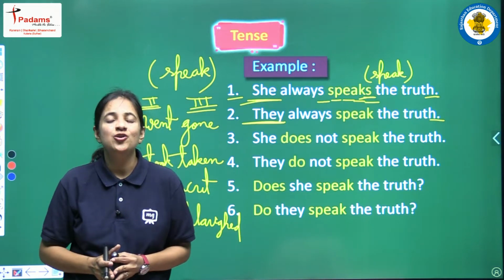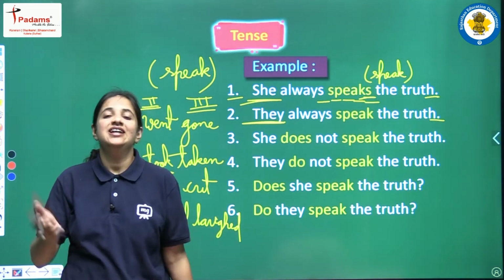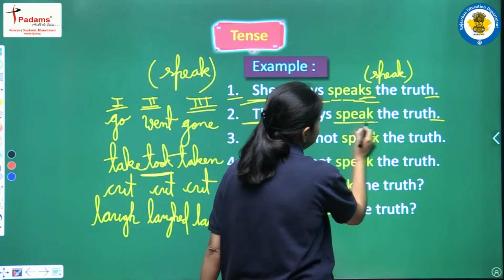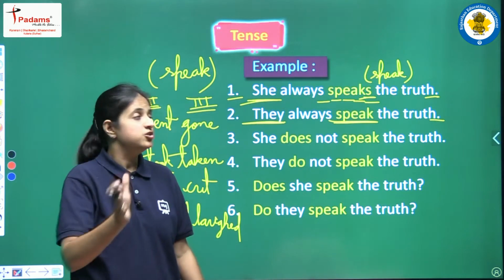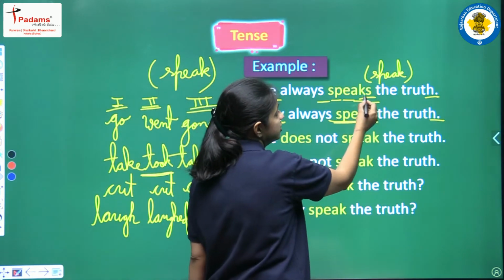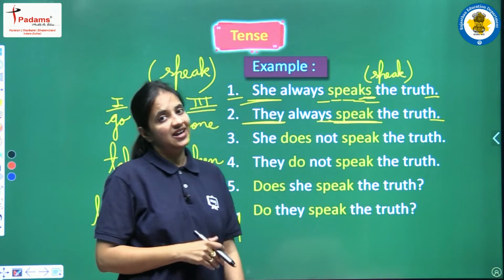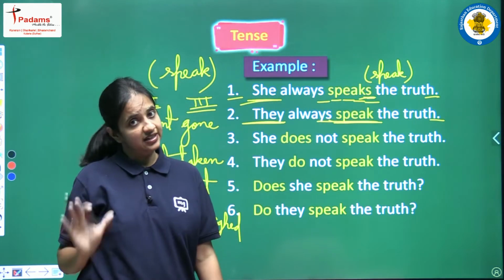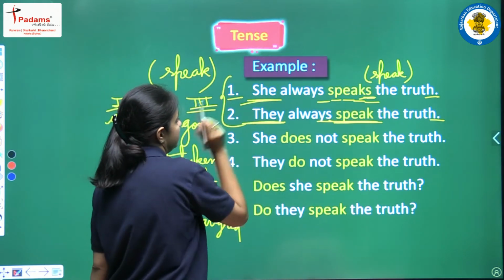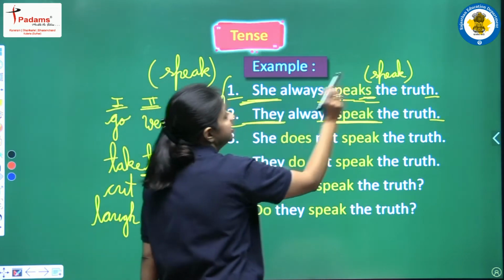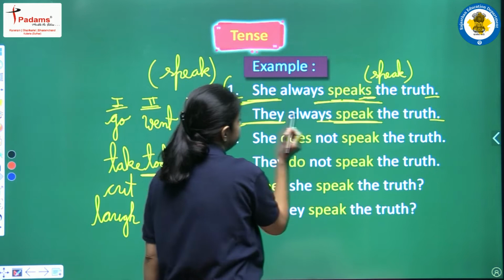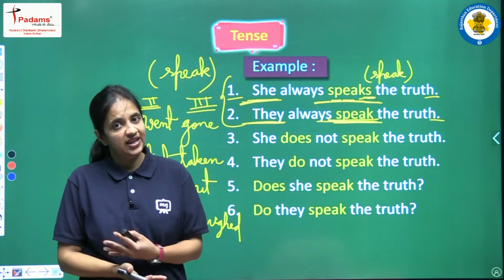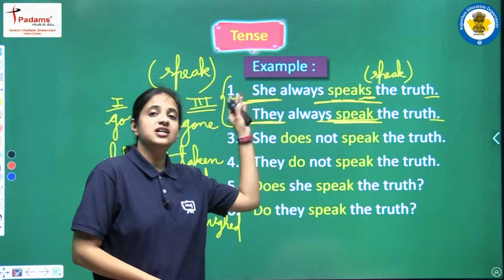So now again one more time recall the rules that we have discussed, that if we are having a plural subject, then we won't use anything, we just write the first form. So in this sentence we won't use speaks, we just use speak and our sentence will be they always speak the truth. Clear? So this is the first difference that we can see. If the subject is a singular subject, then we will write speaks, and if the subject is a plural subject, then we will write only first form, we won't add s or es. Then at that time our answer will be just first form speak.